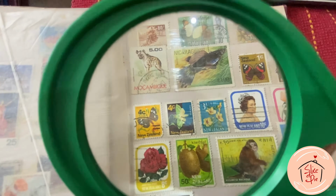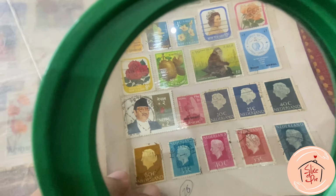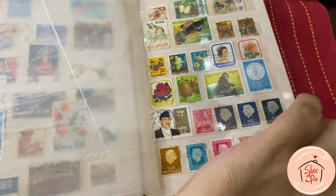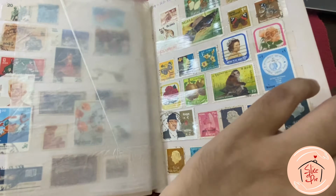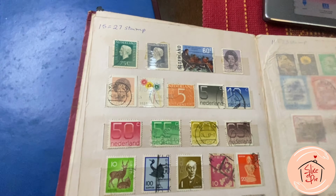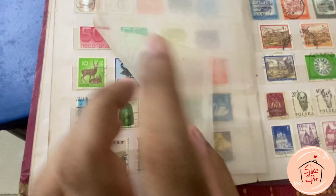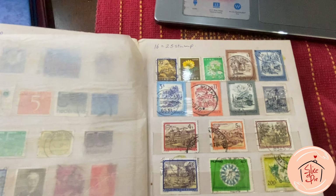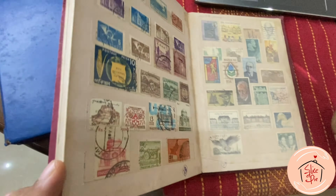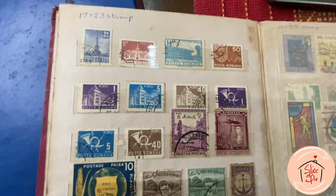These are stamps from Nicaragua, Malaysia, Mozambique, New Zealand, Nepal. Stamps from China, Japan, pretty much all the basic well-known countries, Romania, Poland. Few stamps from Pakistan here,